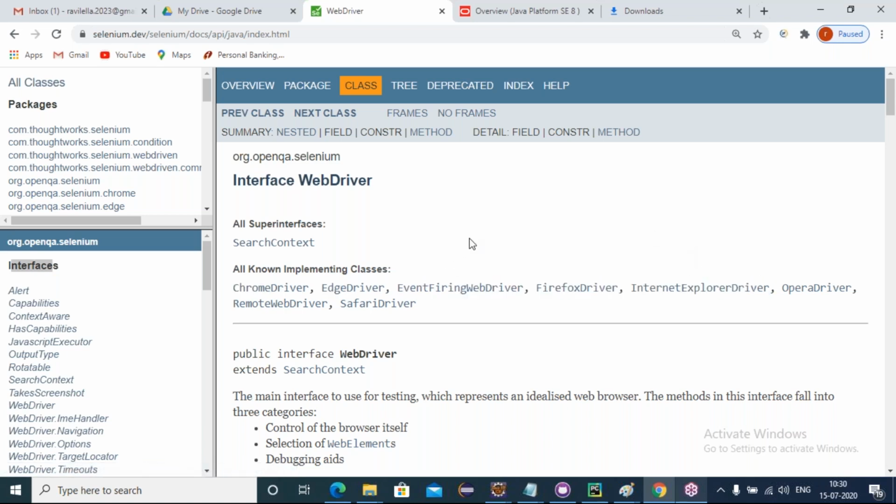So friends, now I want to launch a Chrome browser. What class do I need to use here? Chrome driver. See, in WebDriver there are 13 abstract methods.